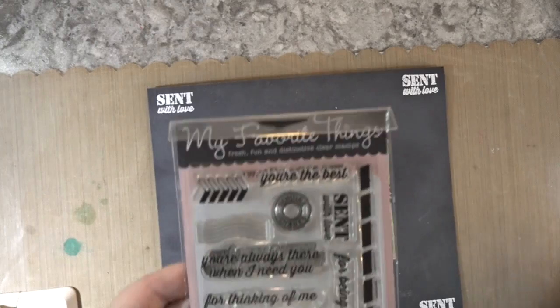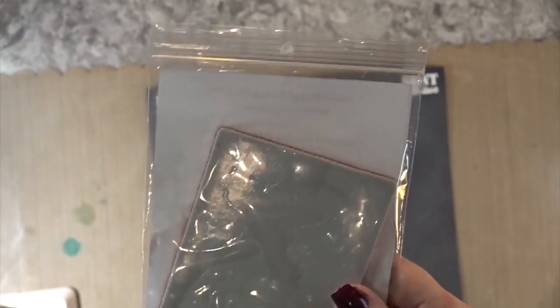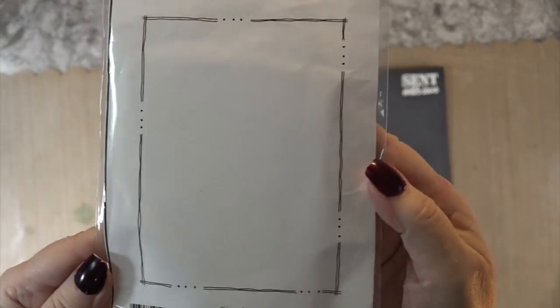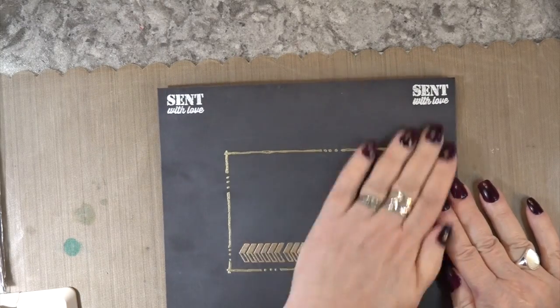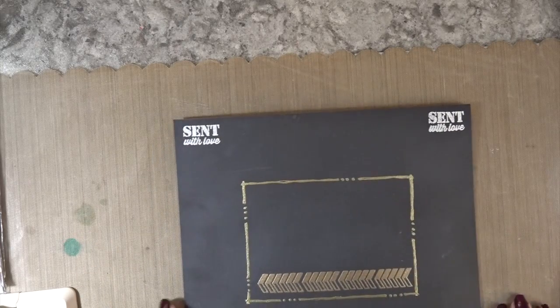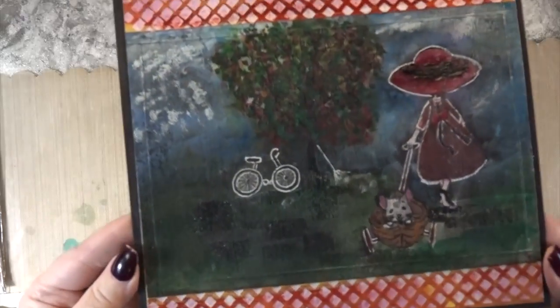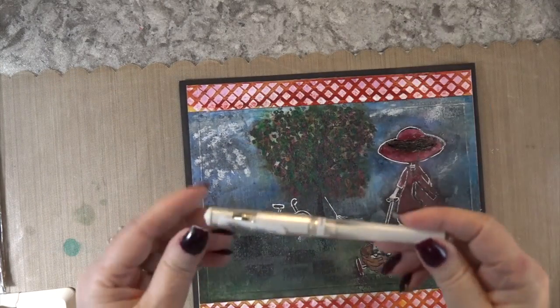My Favorite Things had a postage set that I used right here for the arrows pointing to the left. There's the rubbernecker stamp, and Sent with Love is in the My Favorite Things. I had baby powder on when I stamped it, so I took a cotton glove instead of my hand. I didn't want oils to get all on the back, but I am going to cover the back as I did with the front here with the Tim Holtz